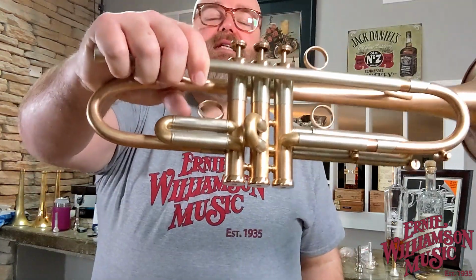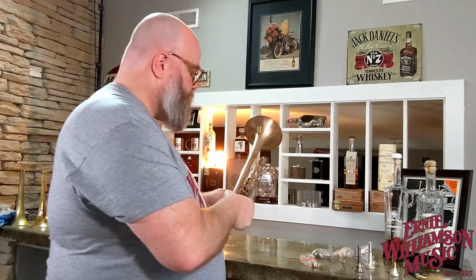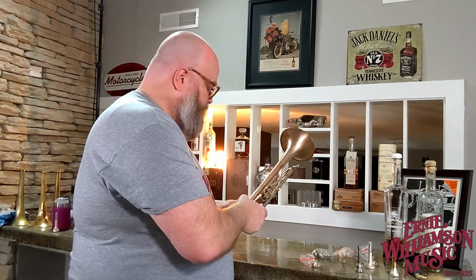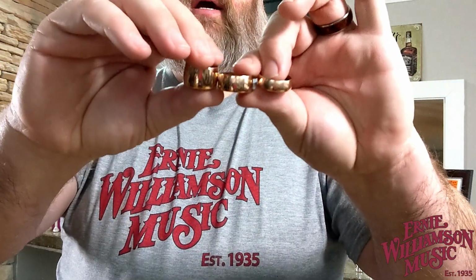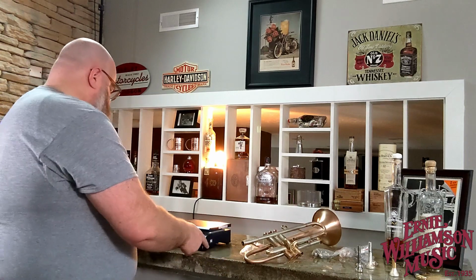It also comes with 3 different valve caps. It comes with these standard ones, like what you see there. Then it comes with a medium set and a heavy set. So there's the heavy, there's the medium, and there's the light. Let's try to do this another way so you can see that. And if we weigh these bad boys out,